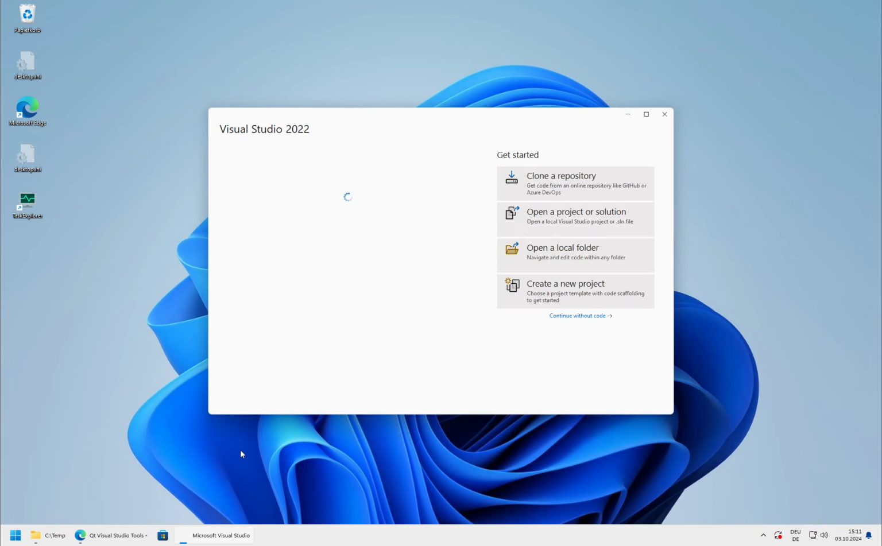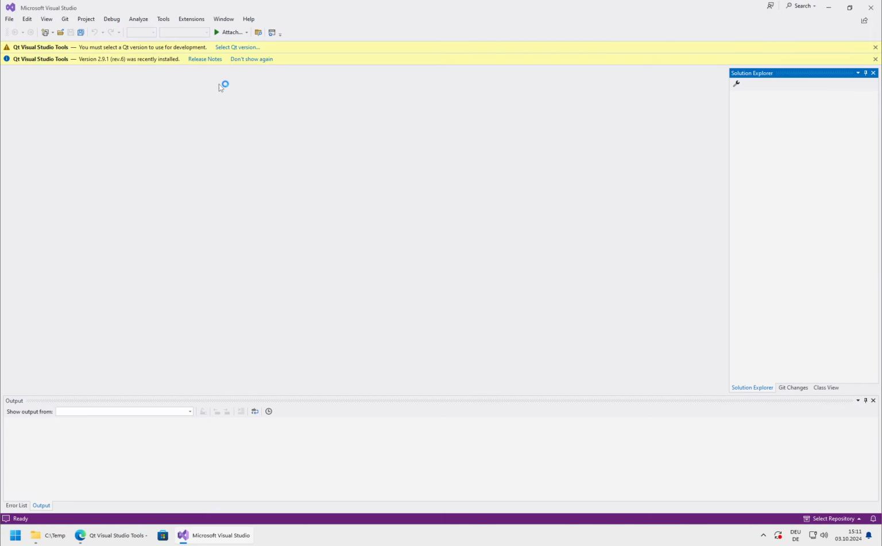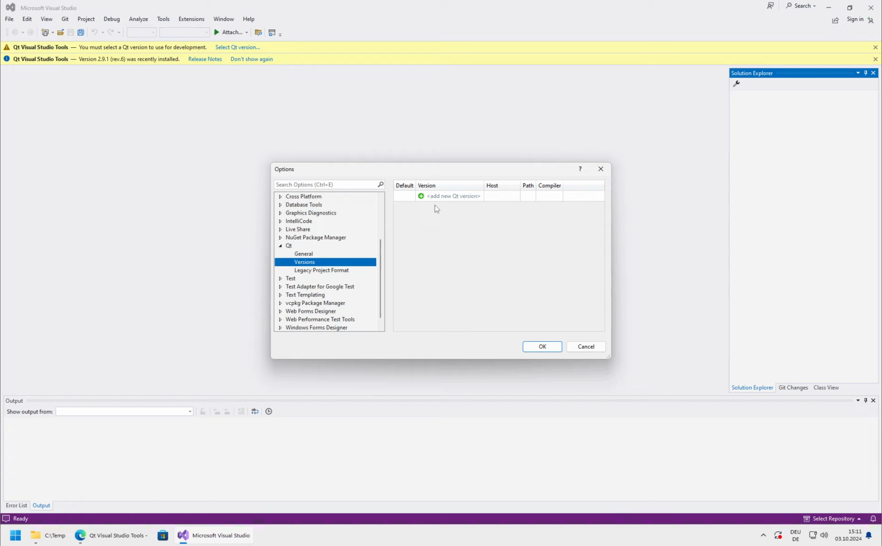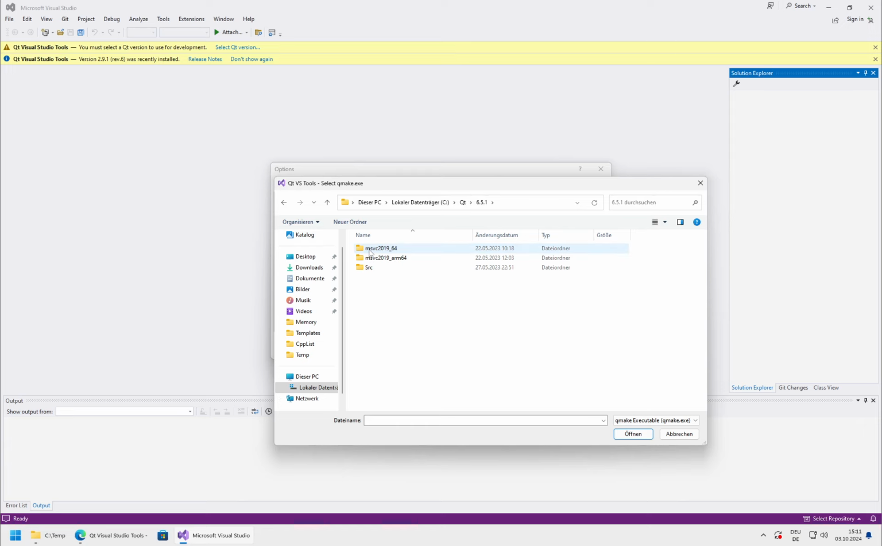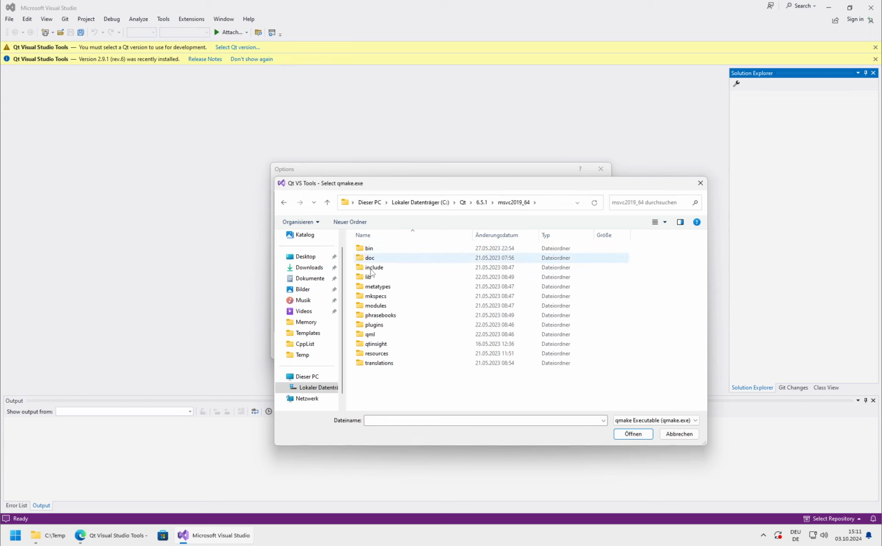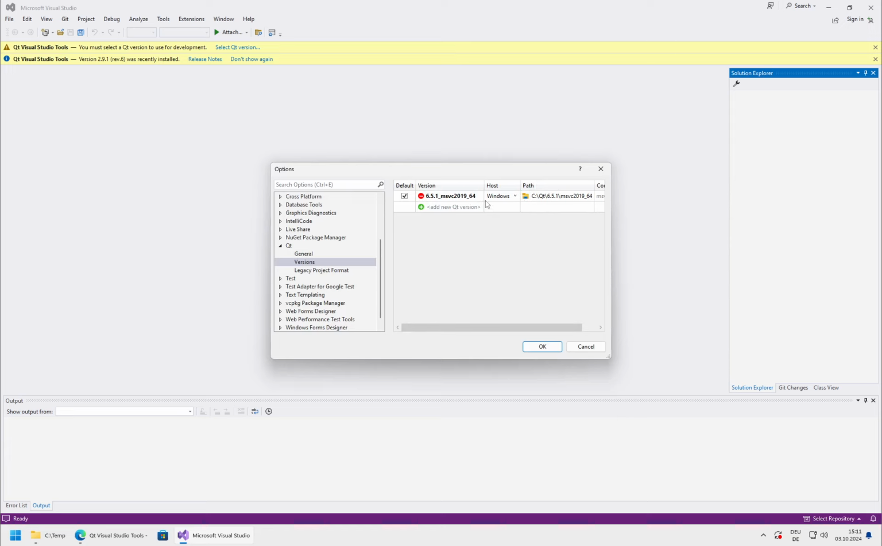When we start Visual Studio, first we continue without code, and it tells us here that we need to select a Qt version. You can find the settings also independently, but for now let's go from here. So we select that, and then we browse for our Qt installation. So you go to Qt, the version that you've installed, the binary type that you've installed, then bin. We are looking for the folder where this qmake file is,